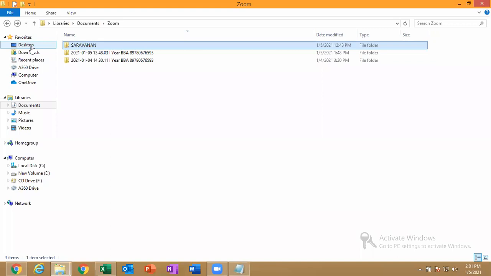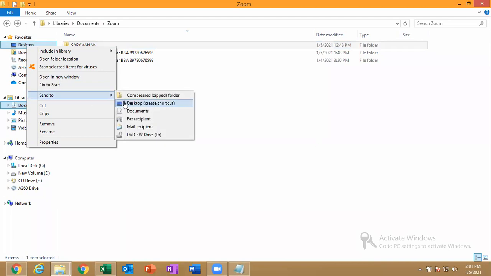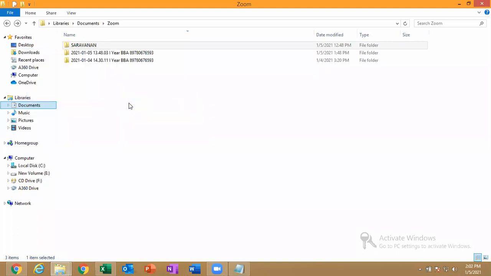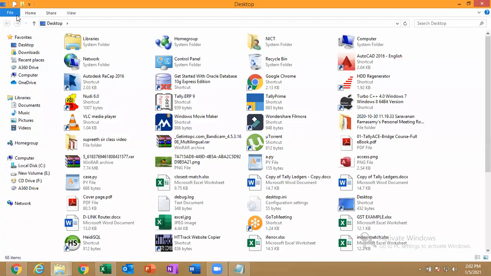If you want to add it on the desktop, just right click on the desktop icon, go for send to desktop, create a shortcut. So what happens once I create a shortcut, you go here, you can create a shortcut for the desktop. But however, we are seeing the desktop only. Why create one more shortcut?